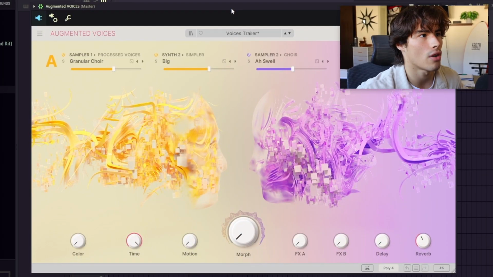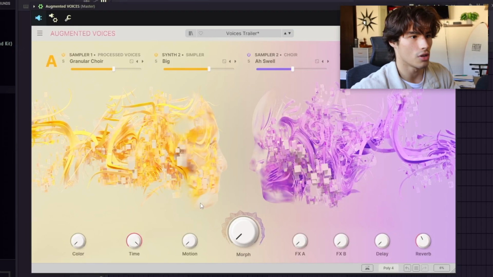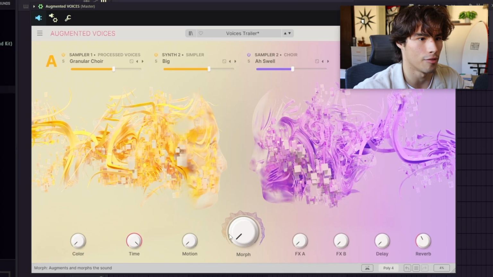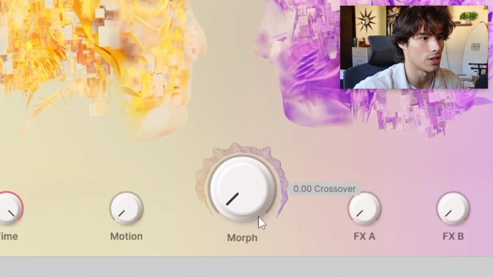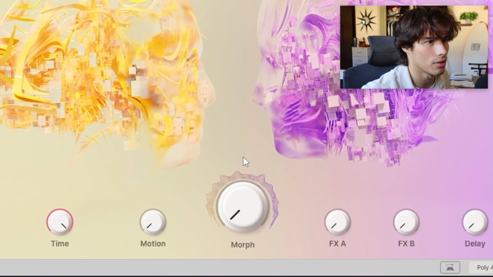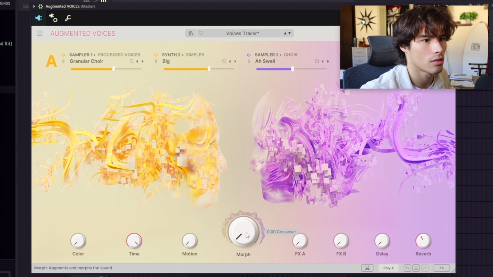Alright, so first off, we have Augmented Voices by Arturia. I mean, right off the bat, this is probably visually one of the nicest VSTs that I've ever seen. You can always appreciate that, and we already have a bunch of different presets and knobs to mess around with here, but this seems to be the main one of the VST right here, this morph. You can have one sound, and as you mess around with this knob,